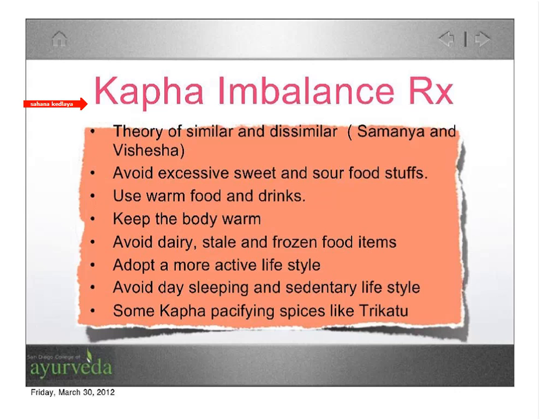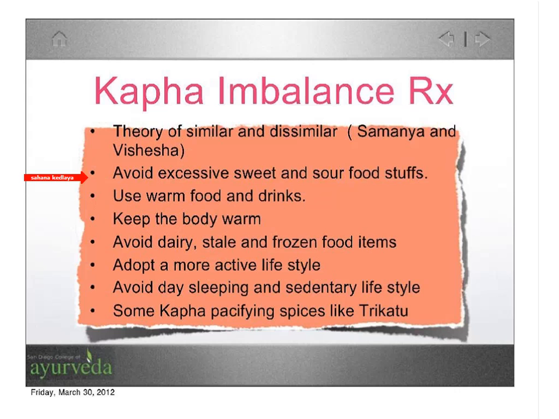General protocol for the kapha imbalance. Just consider the theory of similar and dissimilar, the samanya and the vishesha. You will come across this several times, even in the Chikitsa module, or when you go to the Dravya, herbology module. So just remember the theory of similar and dissimilar. The similar causes the increase and the dissimilar causes the decrease of the factors in the body.